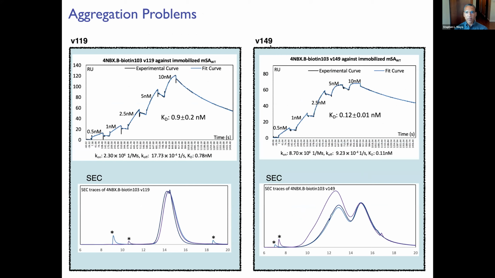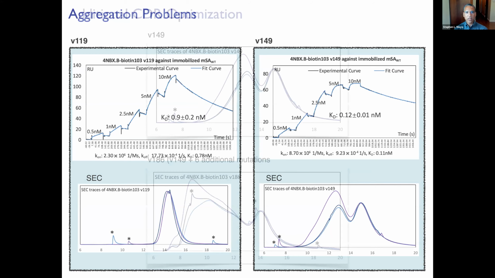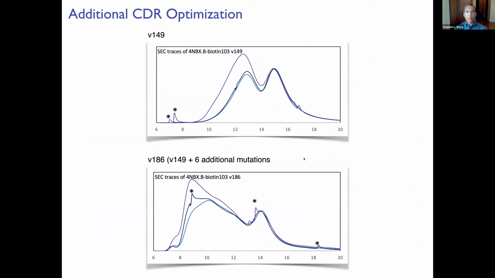Unfortunately, variant 149, the best variant, shows poor behavior by size exclusion chromatography. Variant 119 shows a pretty clean single peak. This is in triplicate, whereas variant 149 shows significant aggregation. And so in order to try to address the aggregation, we did a further optimization of the CDRs using 149